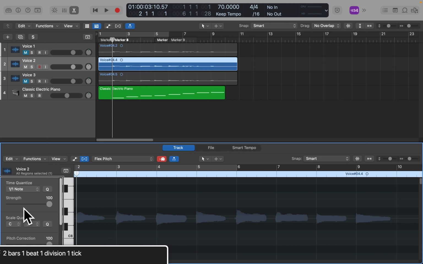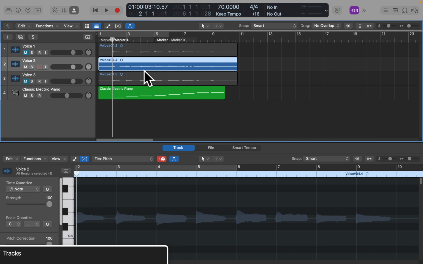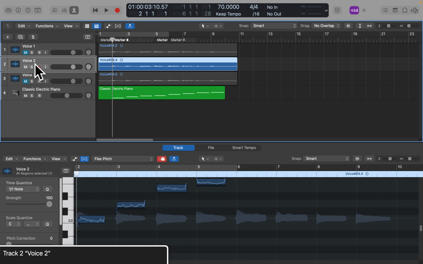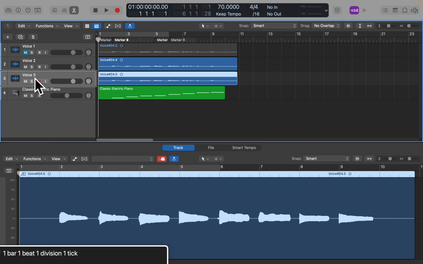Do, re, toggle chat, mi, fa, so, 2 bars, 1 track, 4 classical, track 3, voice, 3 track header,